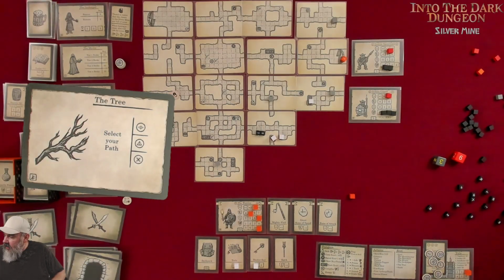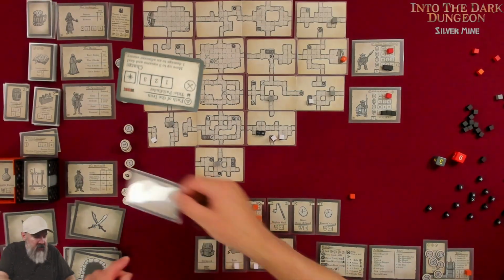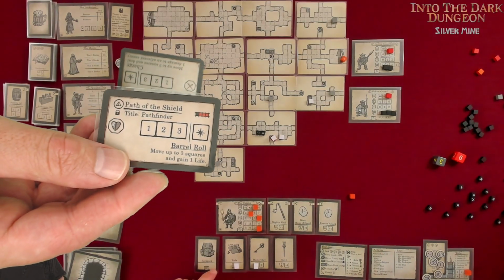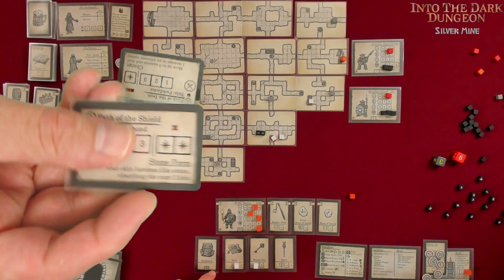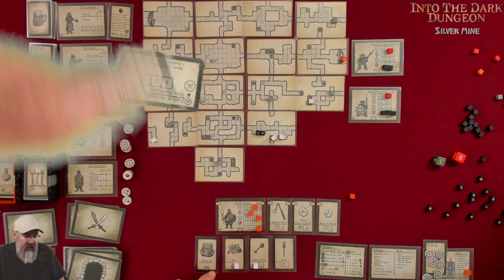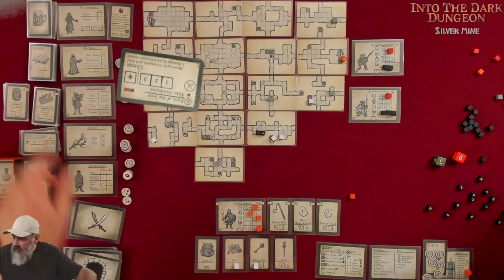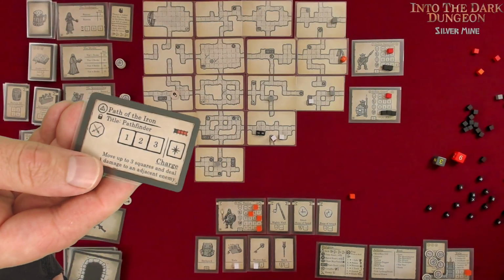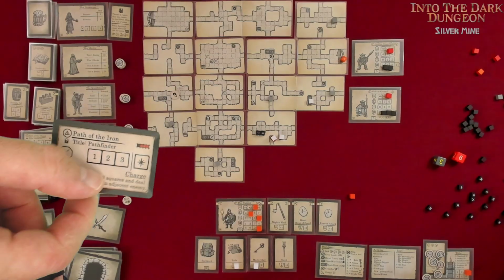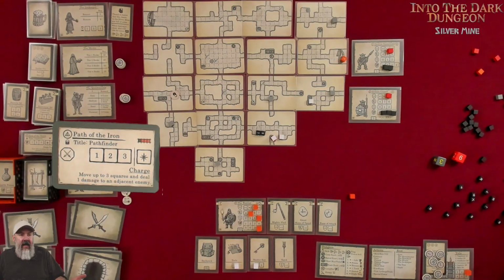So the tree, you go down, you meditate underneath the tree and figure out what it is that you want to do. I could switch to Path of the Shield, right? That's barrel roll and heal, and that is stone form. Your skin hardens like stone, absorbing the next 2 hits. However, if we look at the, what am I now? I already forgot what I just said. I'm a Pathfinder. The Pathfinder side here, I now have